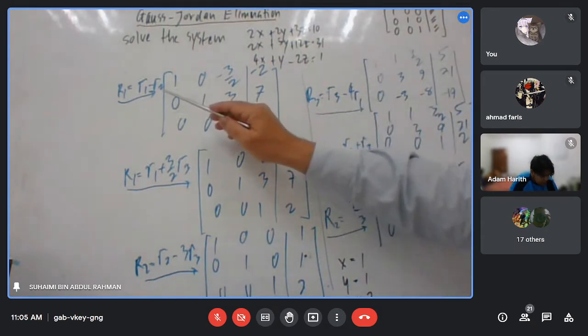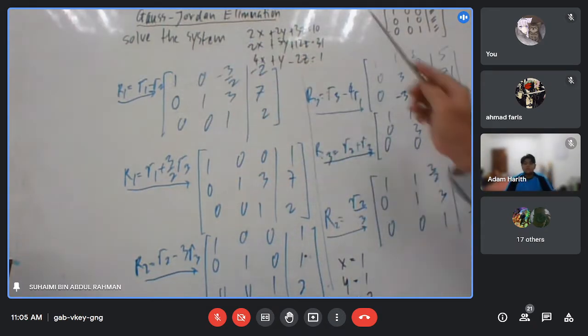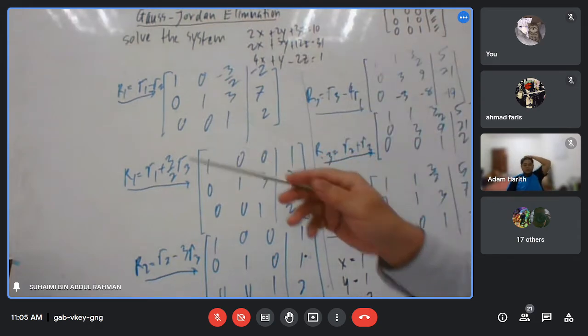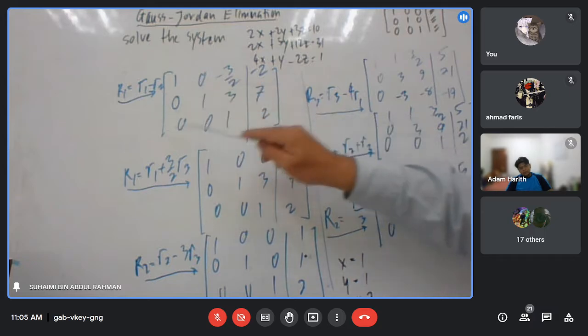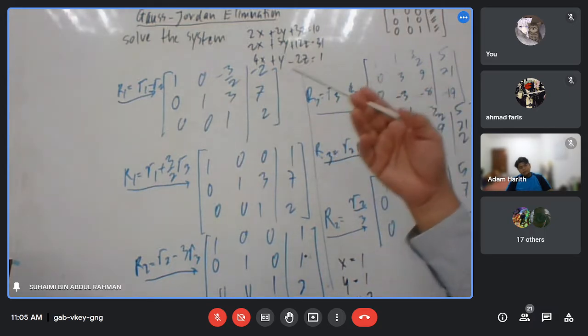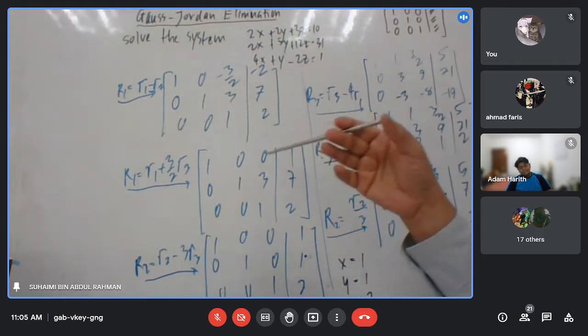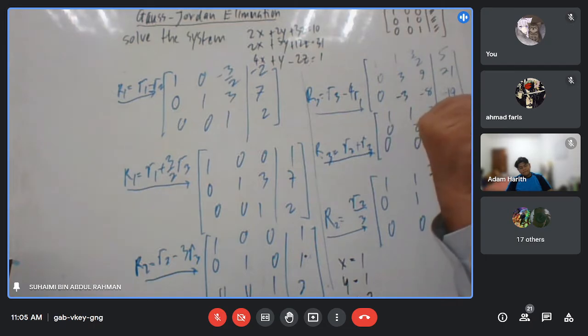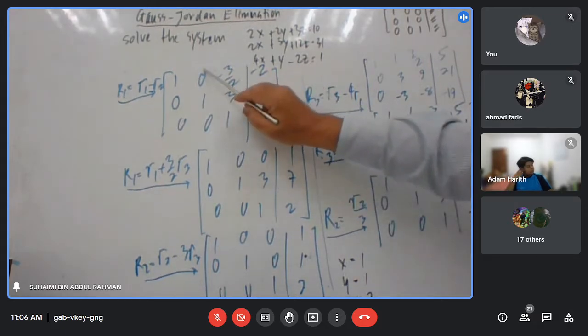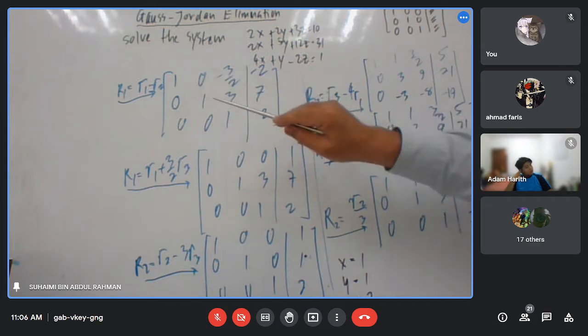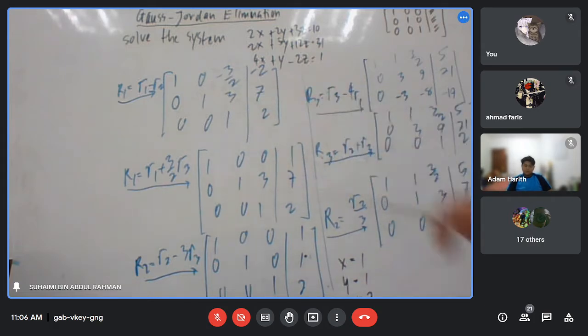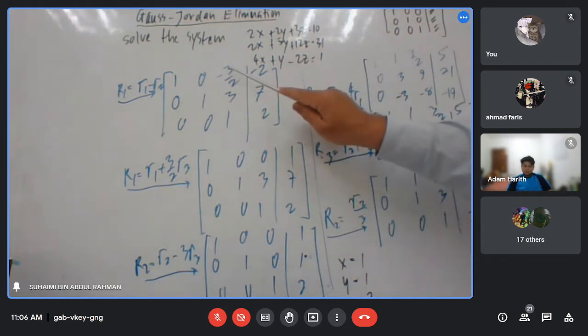Now, our matrix looks like this after the few elementary row operations that we did. So the next one is,